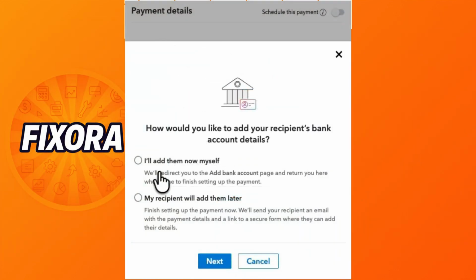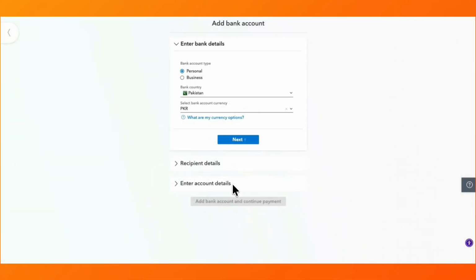Next, add your local bank by choosing Add Bank Account, and then selecting I'll add them now myself. Enter all the required details, including whether the account is personal or business, your bank's country, the currency, recipient information, and your bank credentials. After submitting the information, it may take up to 24 hours for your bank account to